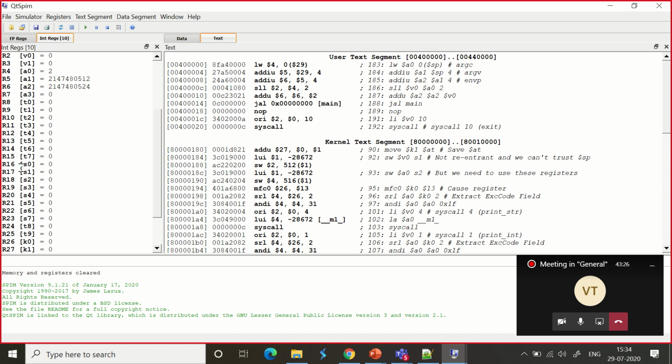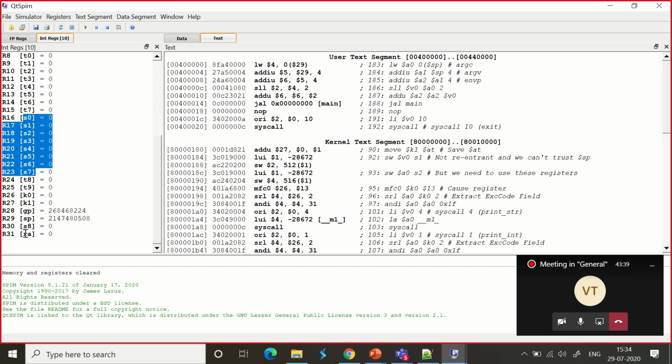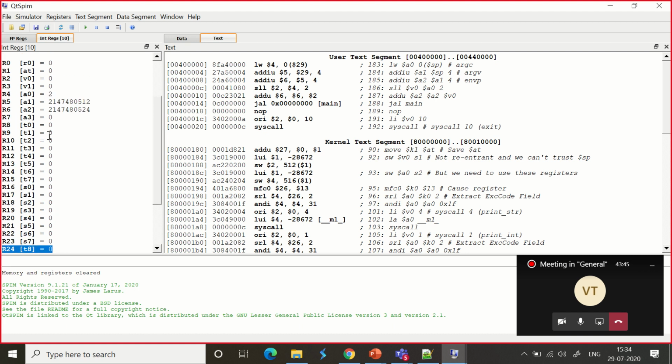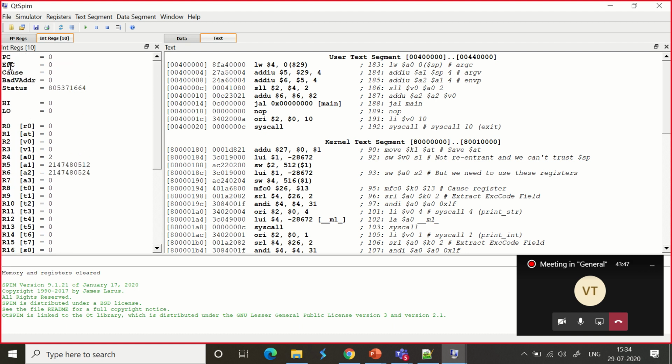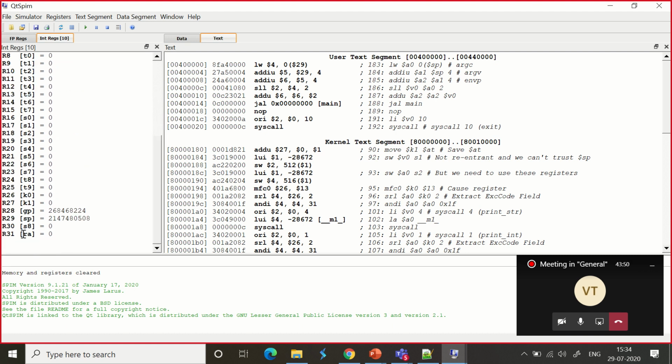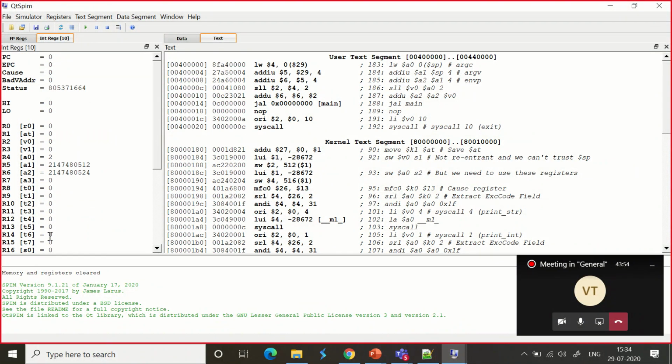In the morning session, I told you about the S0 to S7 registers, right? T0 to T7 registers, right? These are all temporary registers. These are the permanent registers which you will use for the final results being stored, and T0, S0 are available. We have a couple more registers in T here, T8 and T9, which we will explore a little later, not now. So this is the way you can analyze. The program counter is available here. Similarly, we have the return address and the stack pointer available here. All these are the registers that we are going to use explicitly.